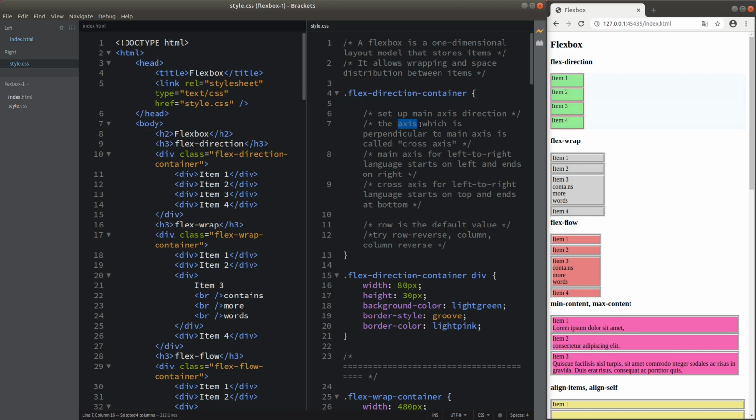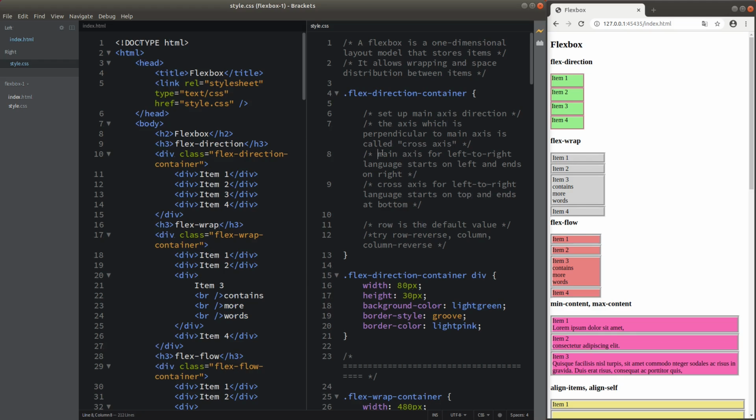Another way to mention the direction of your element inside a certain container is by means of the cross-axis. The axis which is perpendicular to the main axis is called the cross-axis. So if you want to put the items horizontally, we can say that the cross-axis is simply the vertical direction. And if you want to put the elements along the vertical direction, which is your main axis direction, the cross-axis becomes the horizontal direction. So these two terms are relative to one another. Okay,